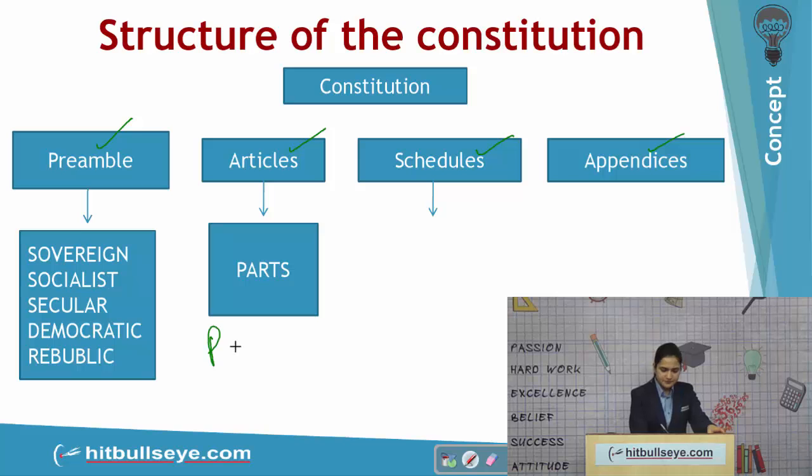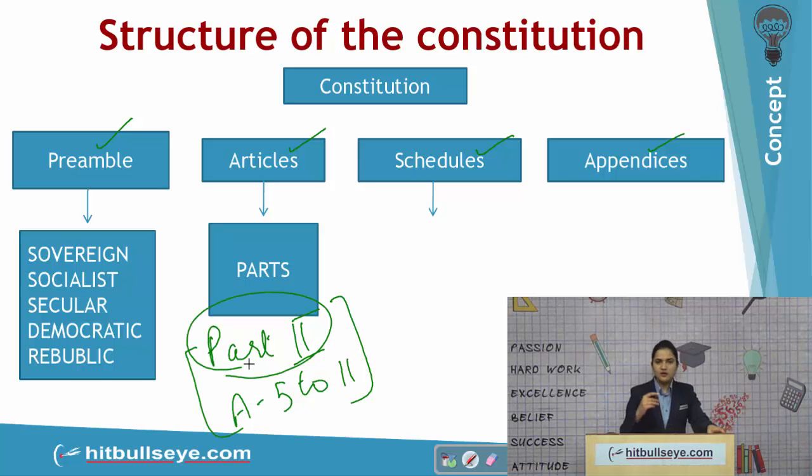Like if I would say part 2, article 5 to 11, they all deal with citizenship. So the heading that is given to part 2 is citizenship, because under this part article 5 to 11 will only deal with the aspects related to citizenship. Similarly, there's part 3 which is only dealing with fundamental rights. Then we have schedules which are basically 12 in number, and there are important schedules like the 7th schedule, which